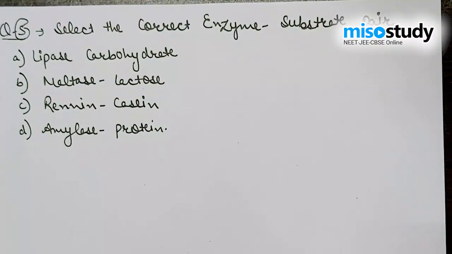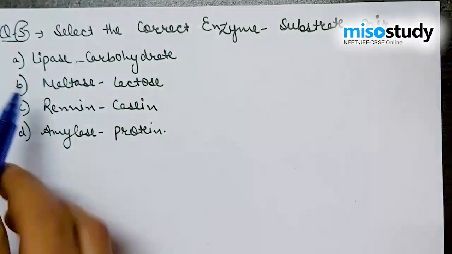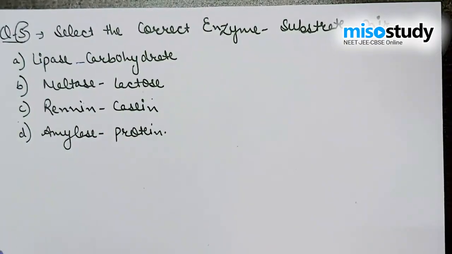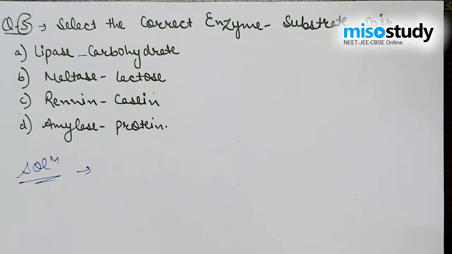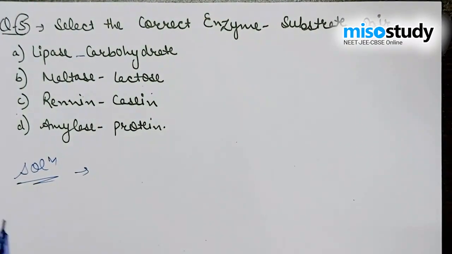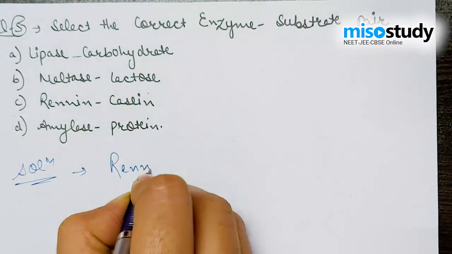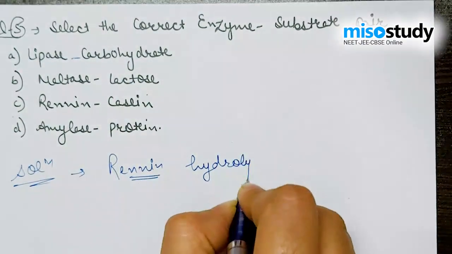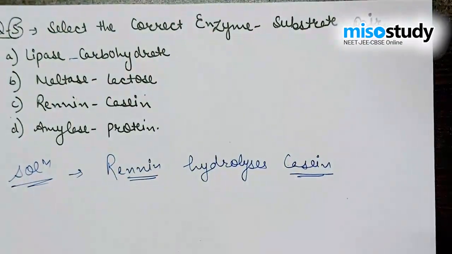Select the correct enzyme substrate pair. Option A, lipase, carbohydrate; B, maltase, lactose; C, renin, casein; and D, amylase, protein. We have to check out the correct enzyme substrate pair given in the options. Out of the four options, we all know that renin hydrolyzes casein into